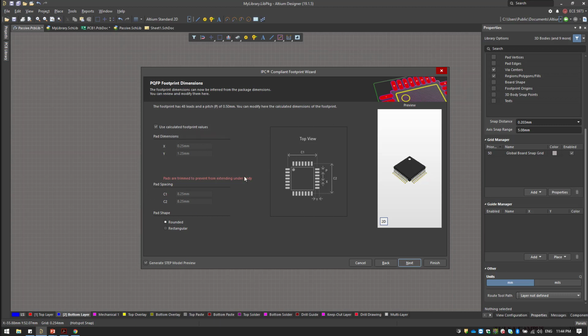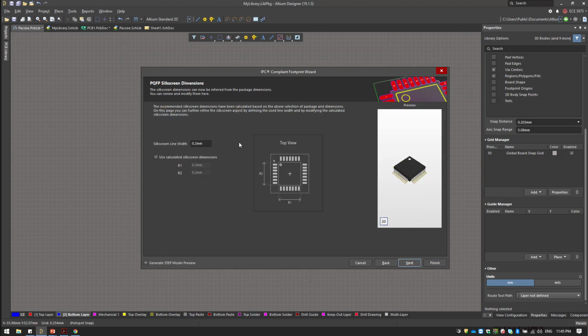Here, if you don't want to use a calculation, basically it shows you the size of the suggested land pattern for every single pad based on the standard and the equations in the wizard. If you don't have to change it manually, just leave it to the wizard. So here you can select if you need it rounded or rectangle. So these are rectangle and these will be rounded now. You can see they are rounded in here. So next,